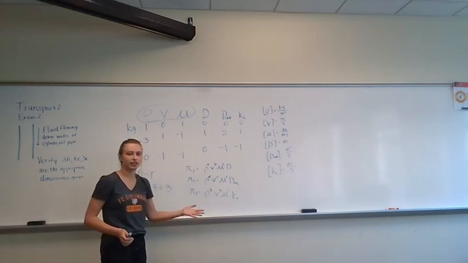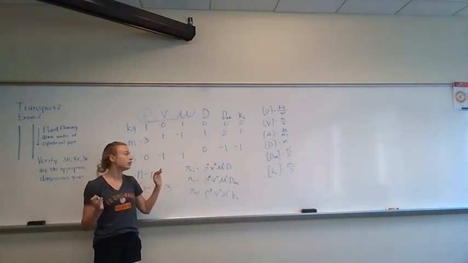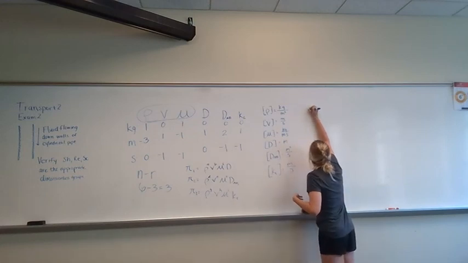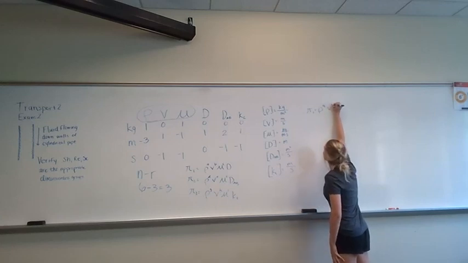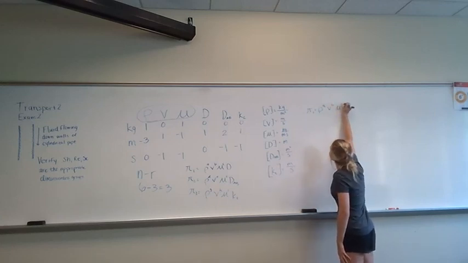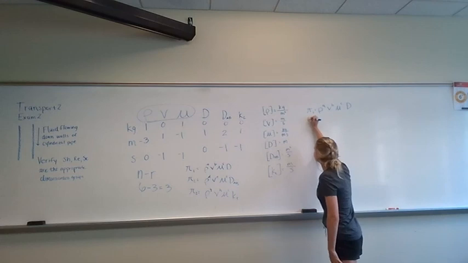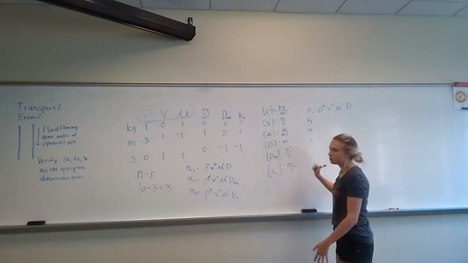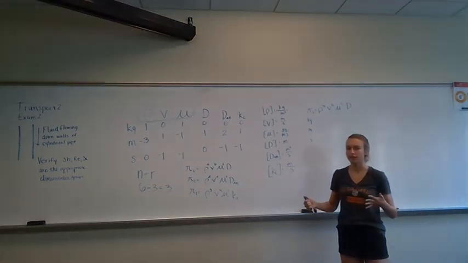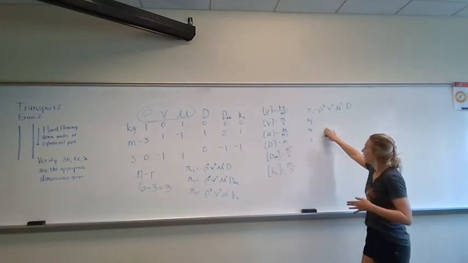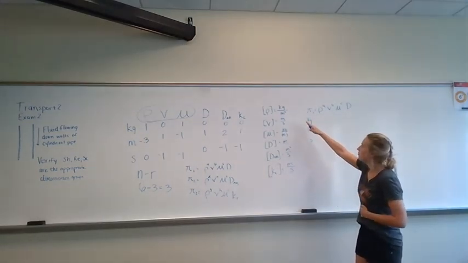So now we can come over here and we can solve a system of equations to solve for pi1. So coming over here, pi1 is equal to density to the A, velocity to the B, viscosity to the C, and then times diameter. And we want to write kilograms, meters, and seconds. We will create 3 different equations to solve for the 3 unknown powers in this equation. So we'll create an equation for kilograms, meters, and seconds, and we'll do so by using, again, the units on